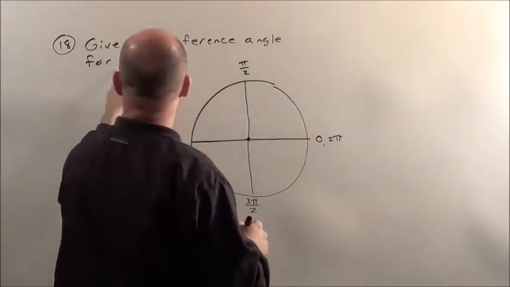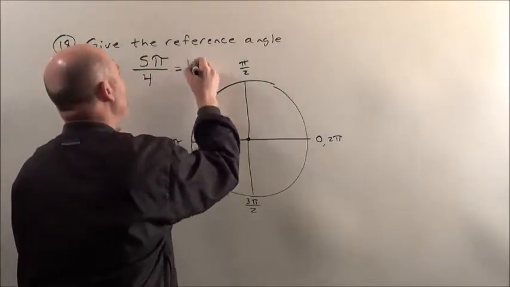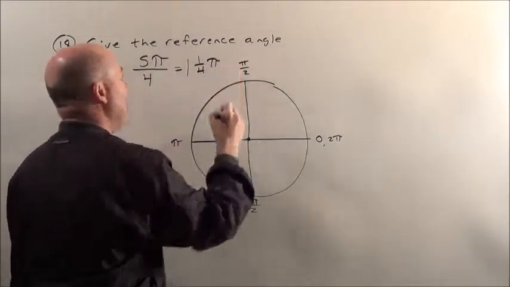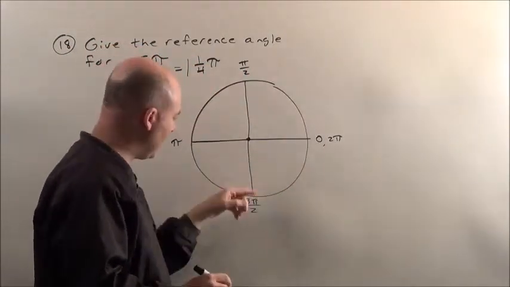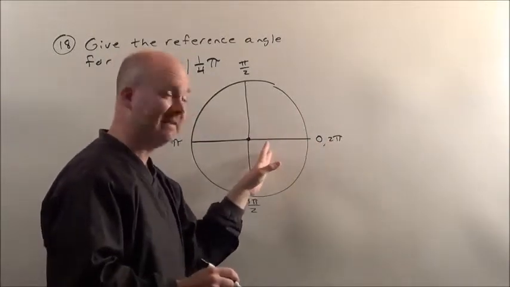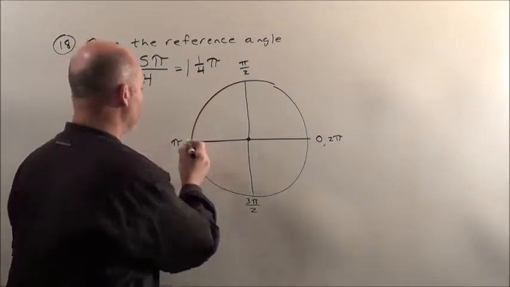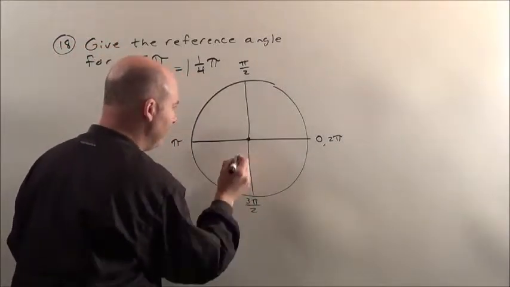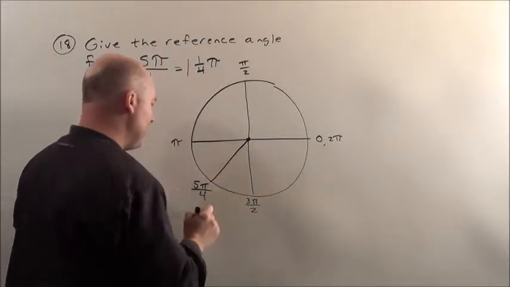So the reference angle for 5 pi over 4. Again, let's figure out what this is. Now, just think about this. This is 1 1/4 pi. Now we should know we start at 0, there's a half pi, full pi, 1 1/2, and then 2 pi. That's our basic unit circle with a radius of 1. So 1 1/4, well here's pi, here's 1 1/2, so right here is where 5 pi over 4 is,